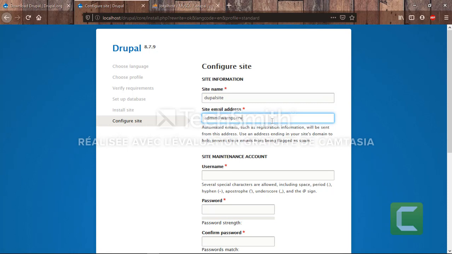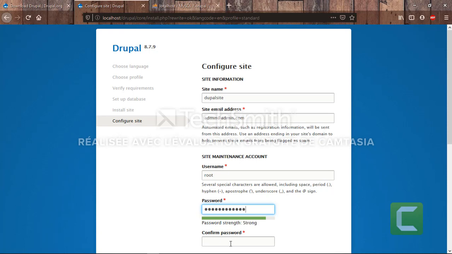Now we have to do the configuration of our site, and as we can see, it is recommended to put a name of the site and an email address, also a site maintenance account, which is the account of the administrator of the site. So here I've put Drupal site, and there's an email.